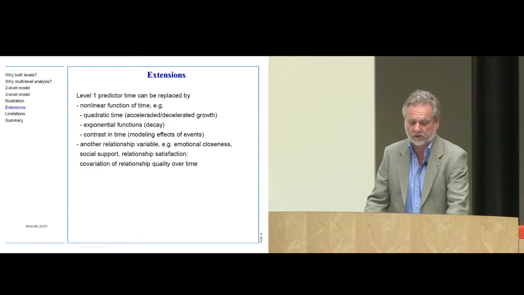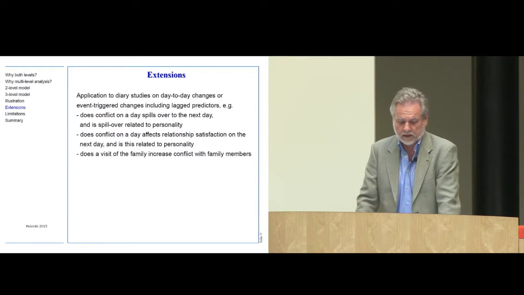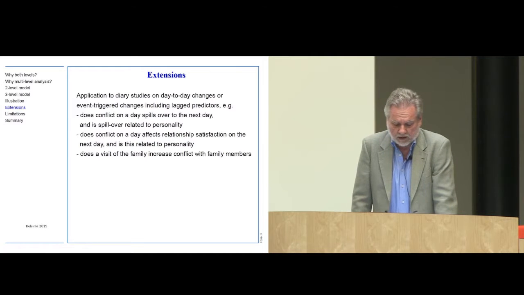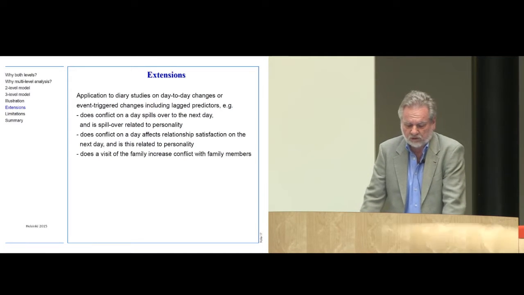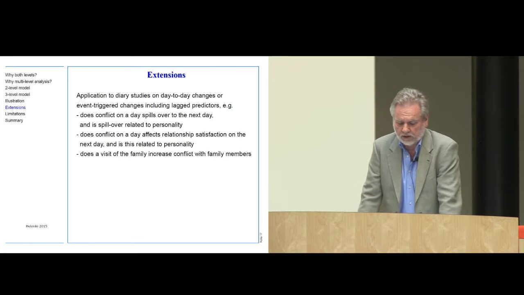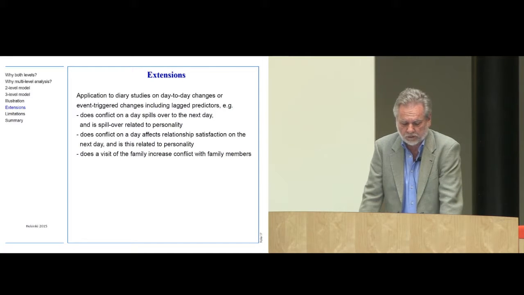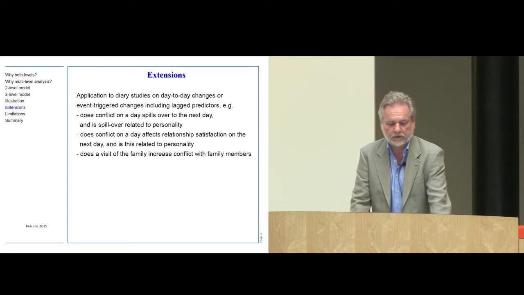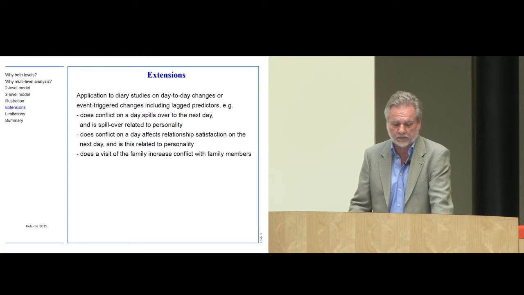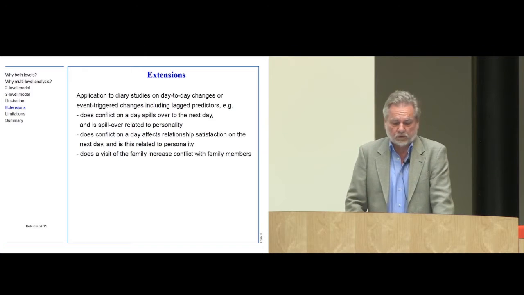Compensations in relationships, conflict, and so on. We can apply this to diary studies on day-to-day changes or event-triggered changes, including lag predictors. Does conflict on a day spill over to the next day, and is that spillover related to personality, and so on. We can add classrooms